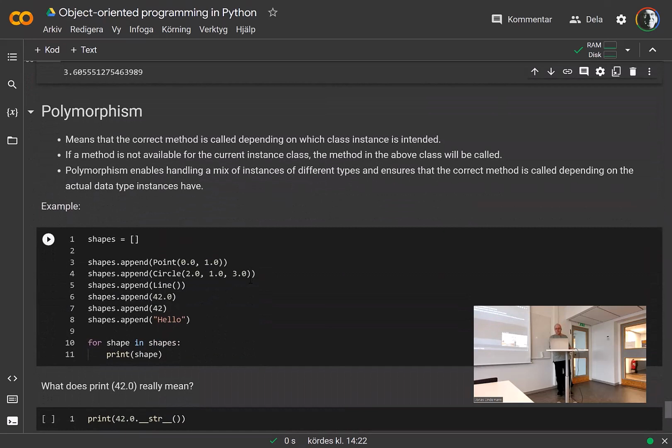And then the final concept in object orientation is something called polymorphism. I want to explain it with an example here. I have a shapes list here. I add a point, I add a circle, I add a line, and I add a number, an integer, and a string. Polymorphism means that the correct method is always called regardless of what type it is. So if you loop over the list of shapes here,